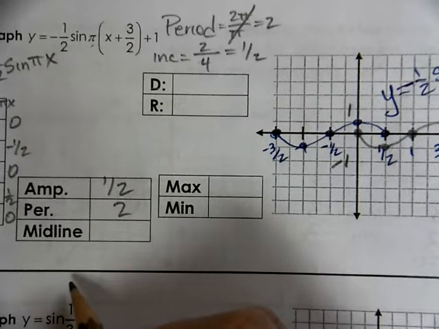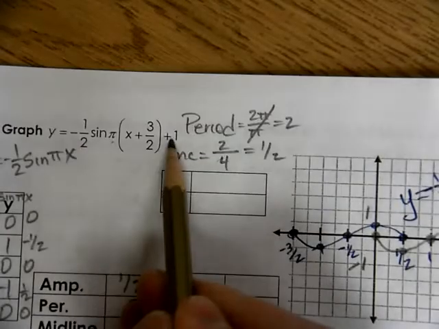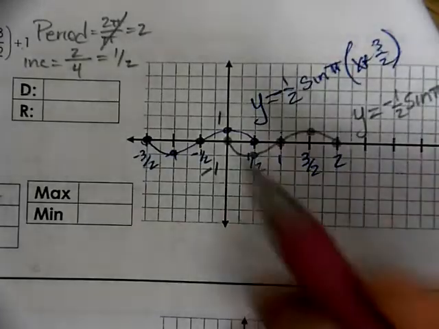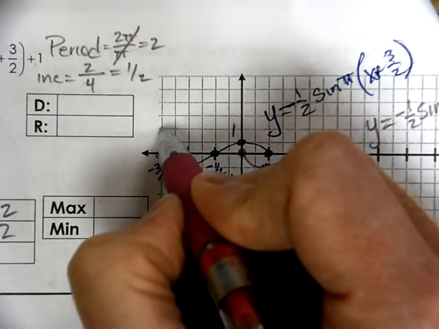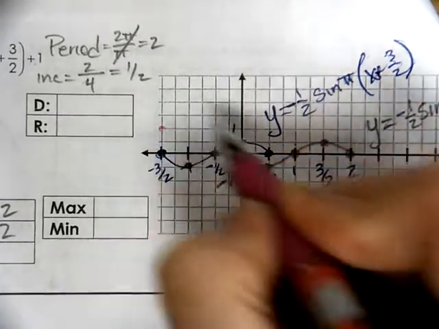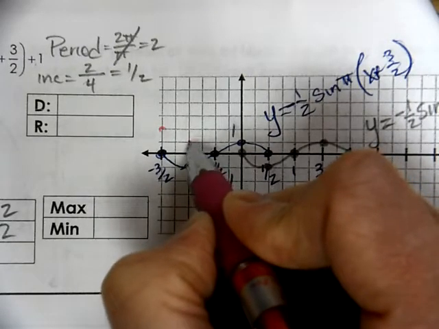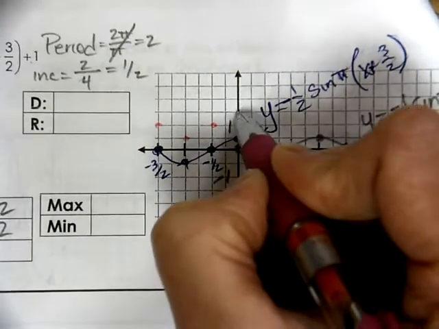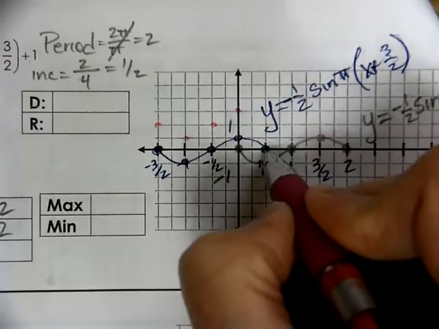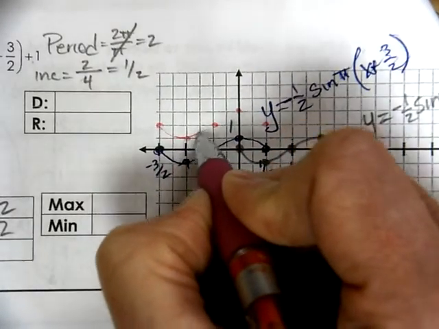Oh, I have one more thing to do. I got a k value. I should have moved it all at the same time, but now I need to move these all up 1. So there's my final